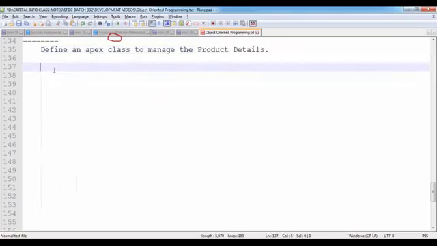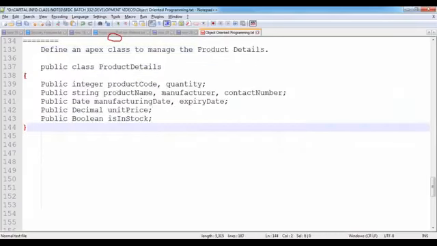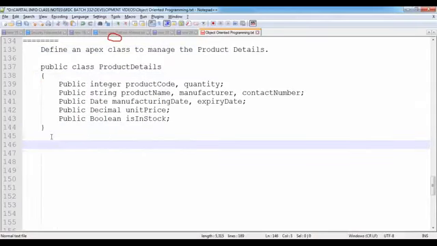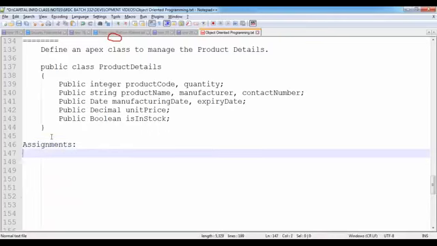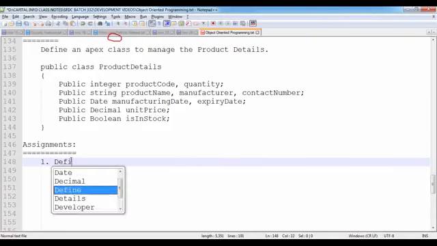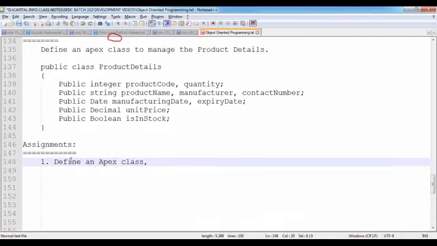Okay. Now, let me place this code. Now, let me give some assignments. Simple concept. If you know how to define the class, how to access the variables by using object, then further concepts are very, very simple. Now, the first one: define an Apex class